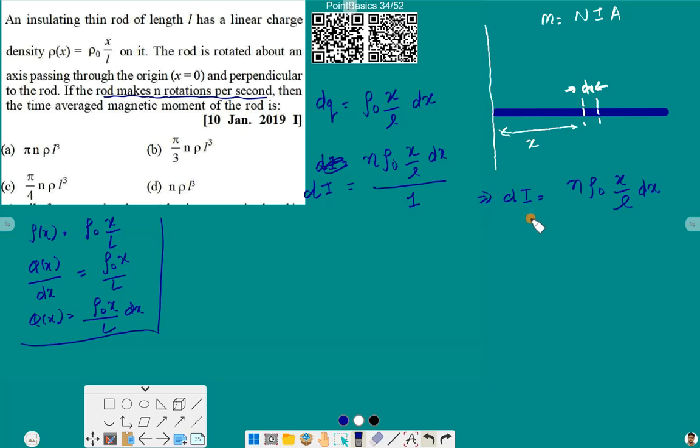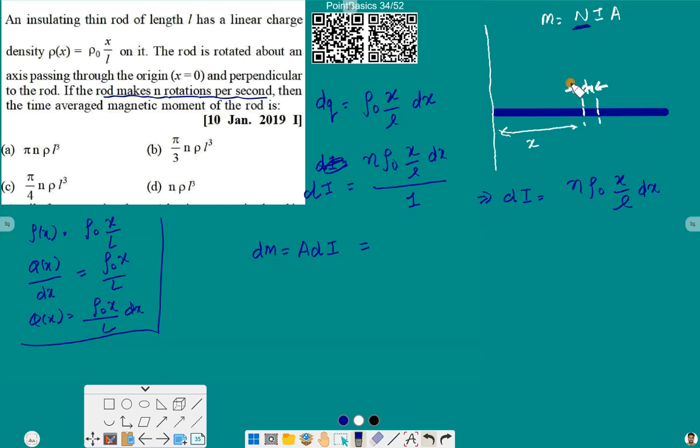Now from this we can calculate the value of the magnetic dipole moment for this small element. So that will be dm, we can say. As we have already included the number of turns in the current, we have no need to include it in the formula of the magnetic dipole. So now the formula for magnetic dipole will be just area times the current. So now area,